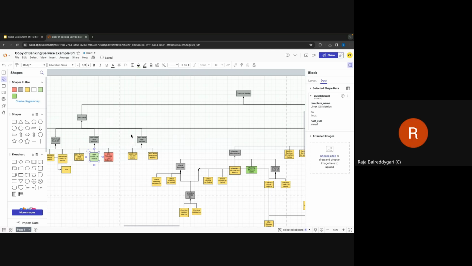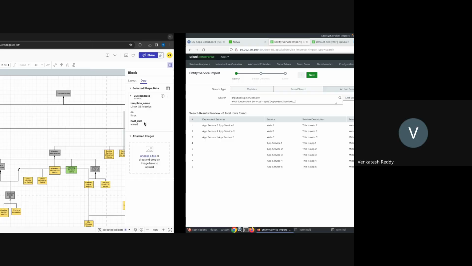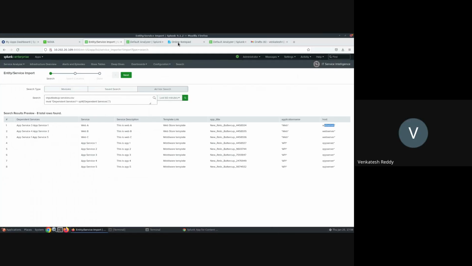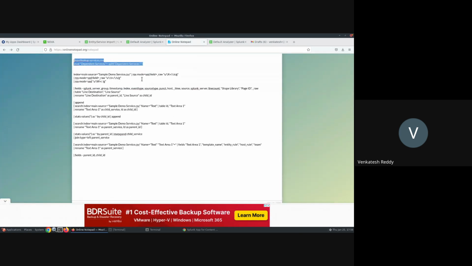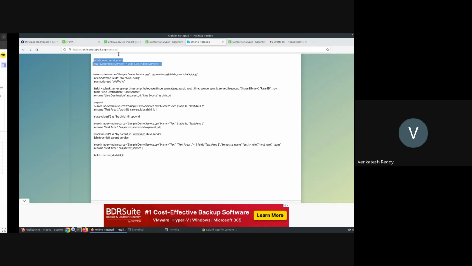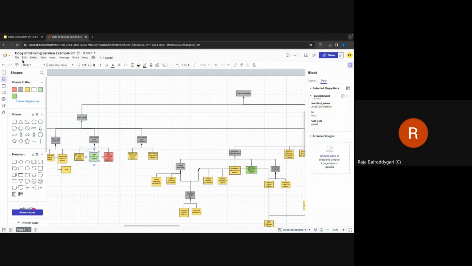Can you show that notepad just for the sake of visibility? Yeah, this one. We use some regex to extract. How about the export from Lucid? There was one notepad, right? I'll show you that one also, so everything is visualized.